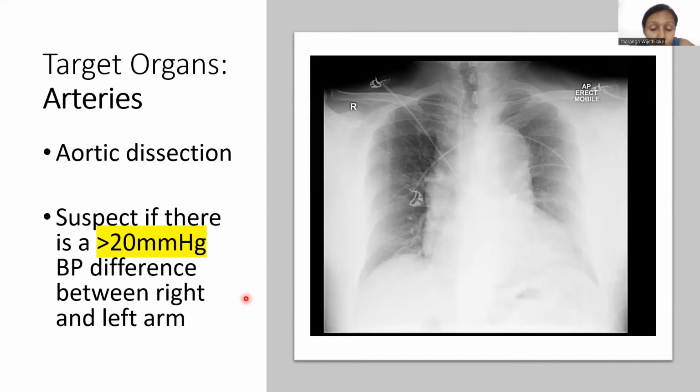Objectively, how do we detect it? We detect it if you have a blood pressure difference in your bilateral arms. This is more than a 20 millimeter mercury difference in the systolic blood pressure, right? So it's important to check the blood pressure correctly. It's important to take repeated readings, but it's also quite important to record blood pressure in both arms,